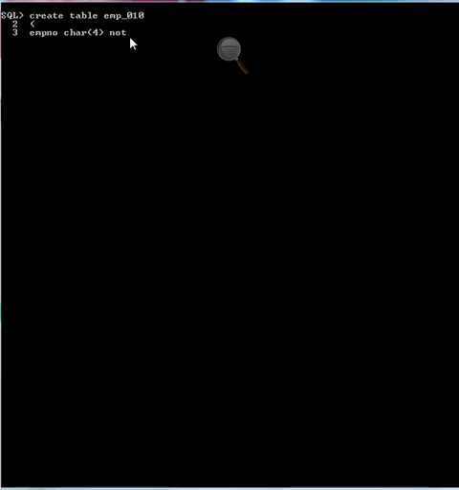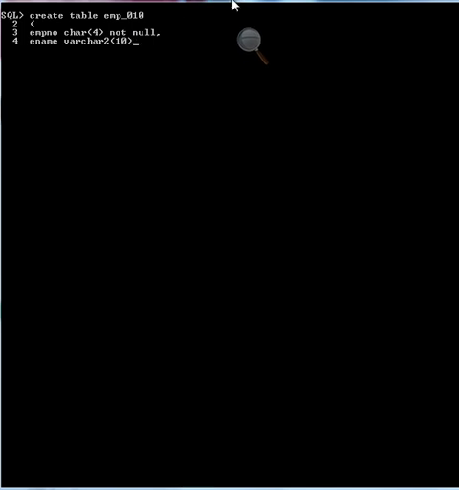So here I will give the name of the column, type of column, size of column, and NOT NULL. Comma, ename VARCHAR2, size must be given, 10. So we have created only two columns for emp_010.